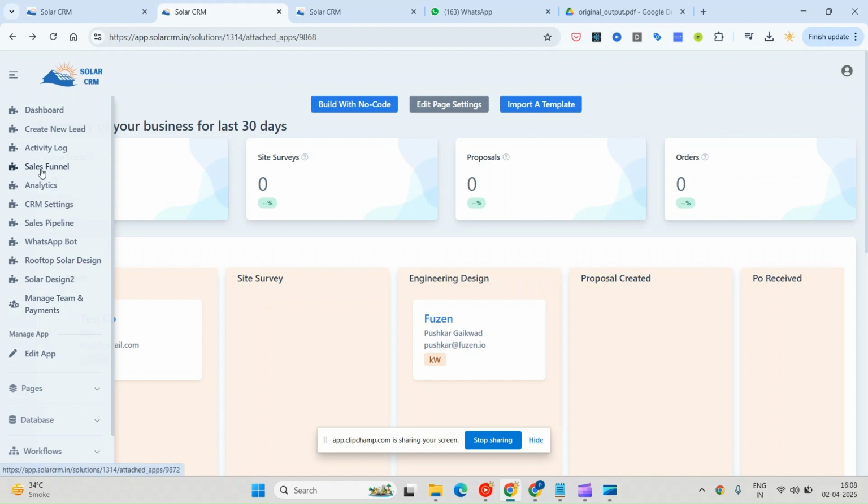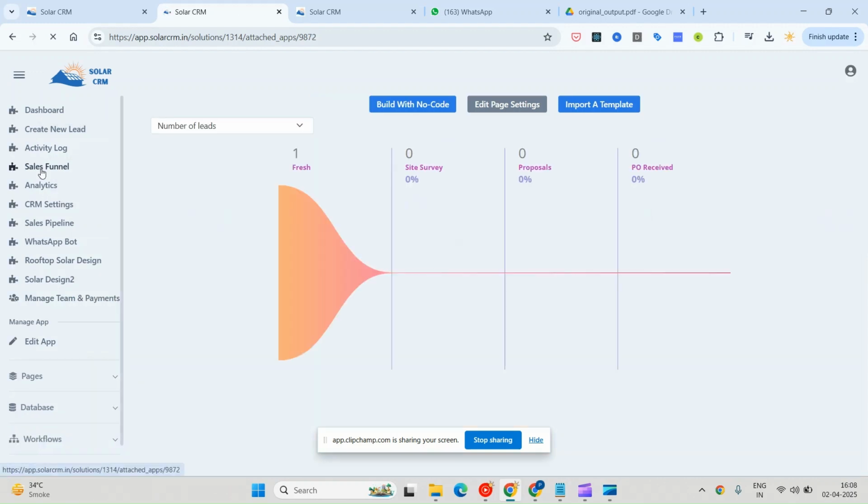Apart from that, in the CRM we have some default reports like the sales funnel. We have an activity timeline. So there are some standard reports that are there. But if you need any other analytics or reporting functionality, we can also add that. This is completely customizable. Apart from that, if you need any other integrations, like if you need any HR management